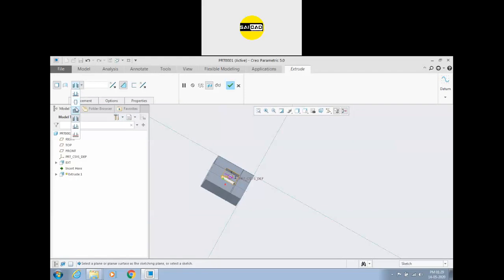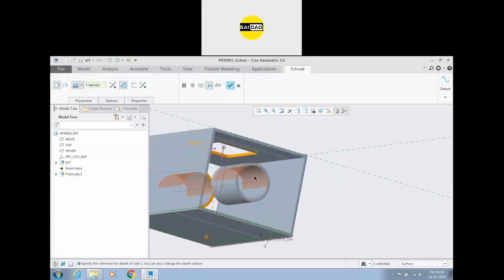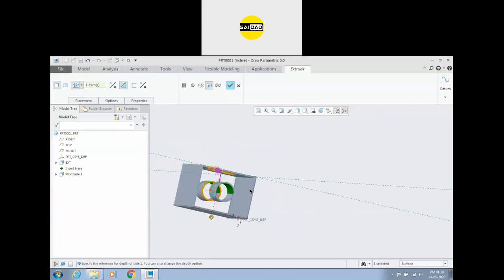Next option we have is up to surface. Yeah, this was next surface. This is a selected surface. Now we have already selected the surface with this option. You can see the difference in the name. There is only surface option in this option, and you can see here there is the option of surface, edge, vertex, curve, plane, axis. You can select any type of reference, but in this option you have to select the surface. So if you want to go up to the mid, you can select it like this.